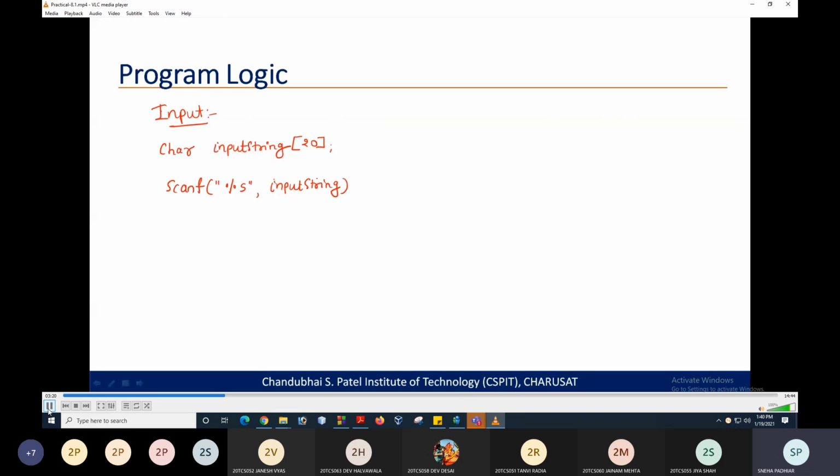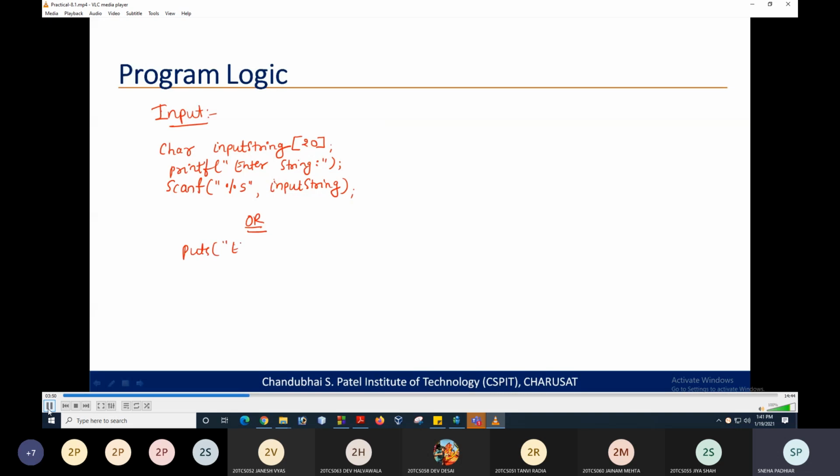Now you can also scan the user input with the help of gets and puts as well. So here you can print like enter string, and the same thing you can do with the functions puts and gets.